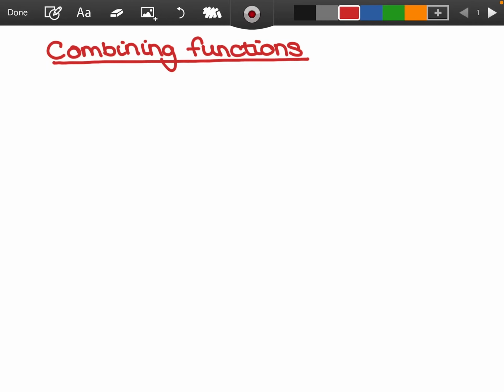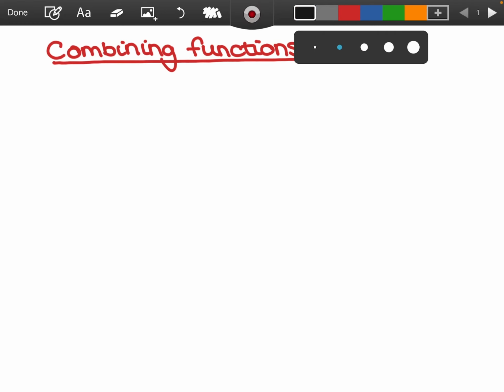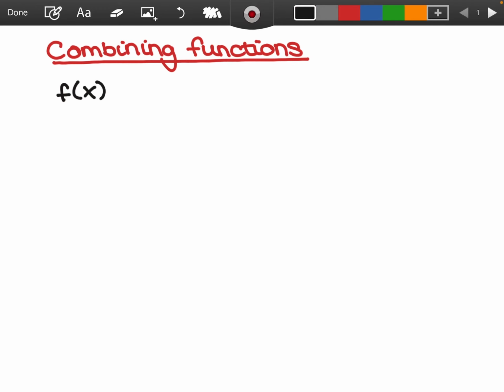In today's video, we're going to look at combining functions. So we're going to look at adding, subtracting, multiplying and dividing different functions together. Okay, so if I define f and g to be functions, so I've got two different functions, f of x and g of x, then if I want to add them together, I'm actually going to define that as f plus g of x, and that is just where